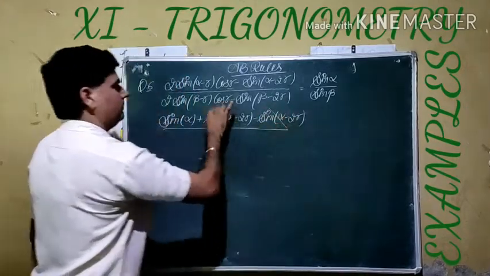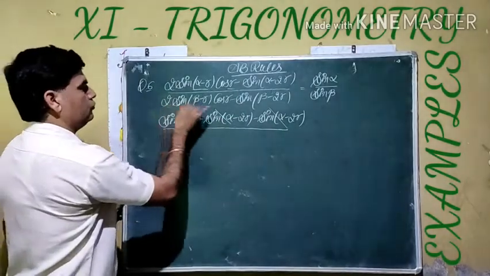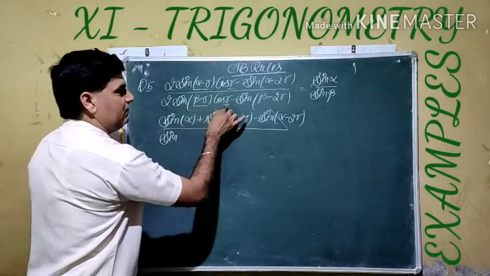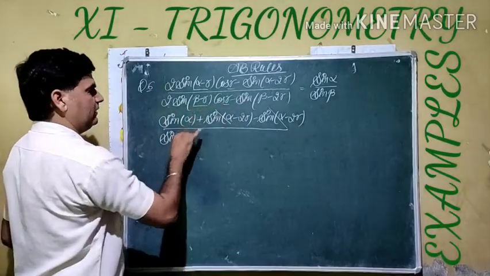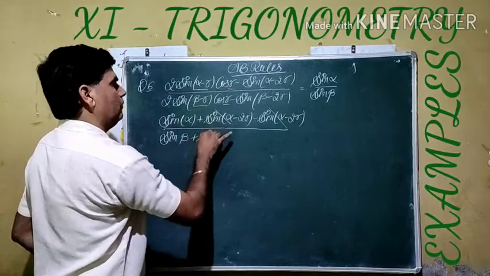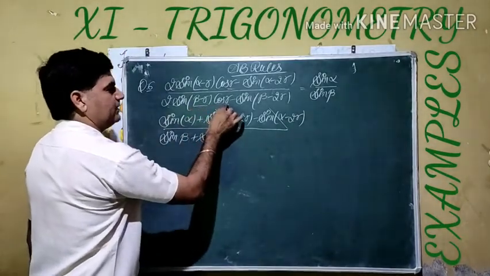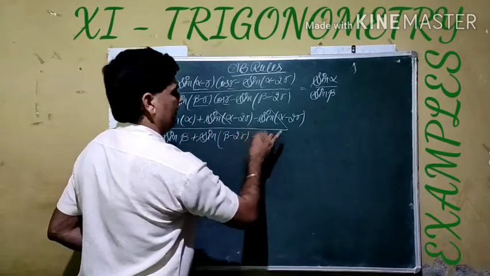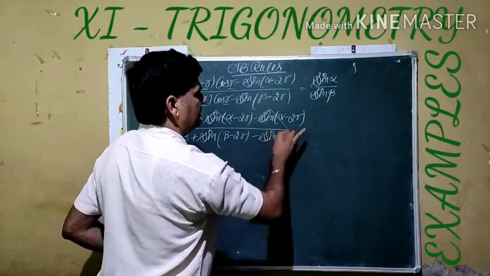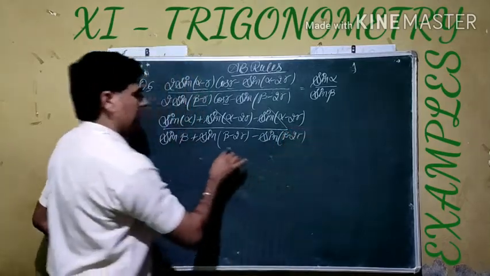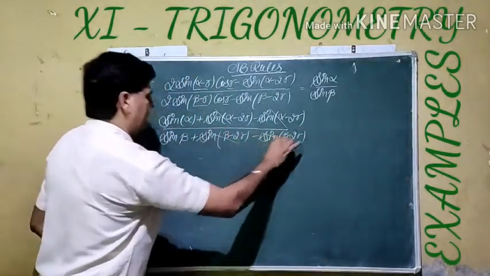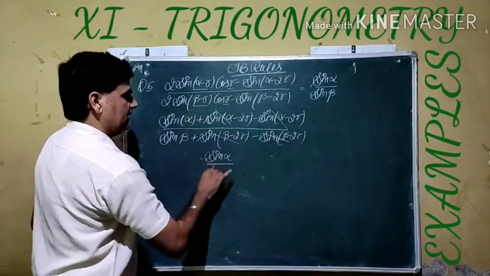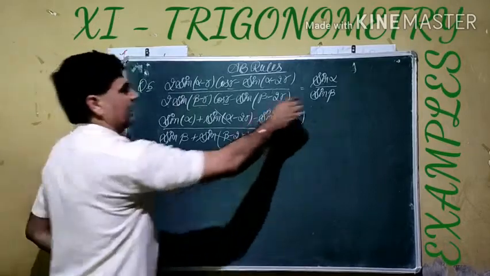If you see here, these two terms cancel out. Same here, by the 2 sin a cos b rule, sine of (a plus b). If we add them, gamma cancels out, we get only beta, plus sine of (a minus b). If we subtract gamma from here, we get beta minus 2 gamma. Minus sine of (beta minus 2 gamma) remains same. If we see here, the last two terms are same and cancel out. So finally we get from the numerator sine alpha, from the denominator sine beta, which is our right hand side.